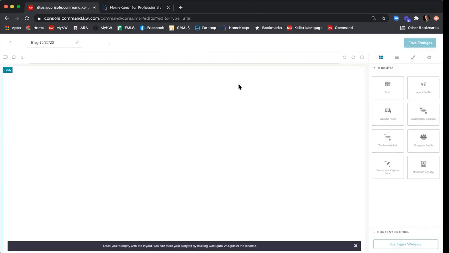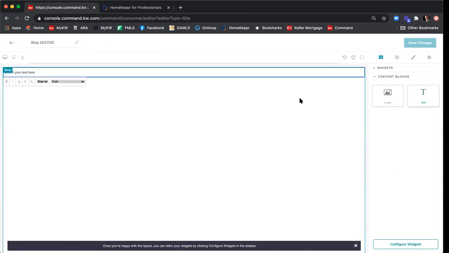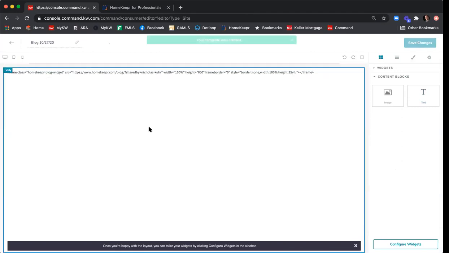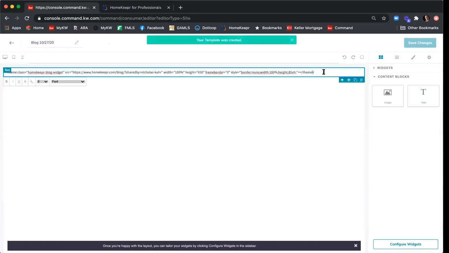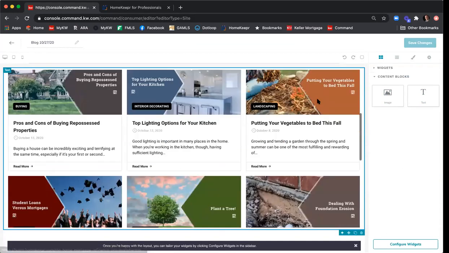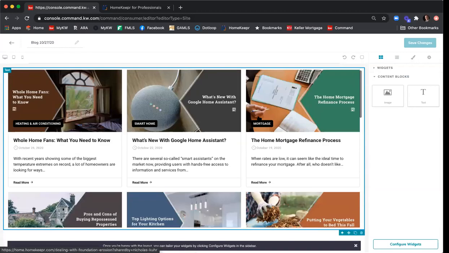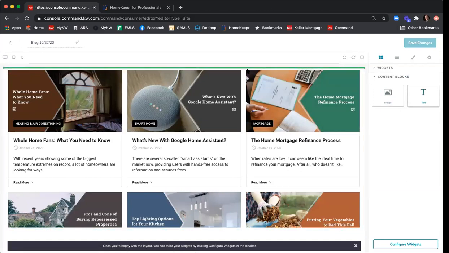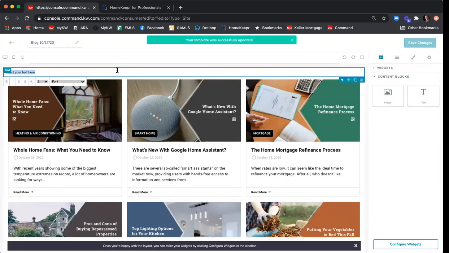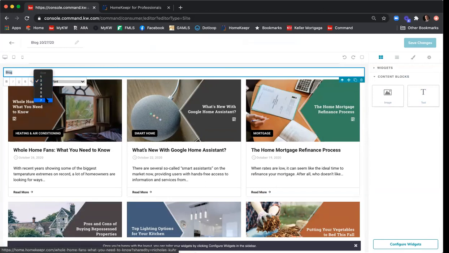And there are two ways that we can add this widget. The first one is if I come down here to content blocks, I can add a text block. And then I can paste in that iframe widget and just double click on it. And then you'll see it automatically pulls in that widget, which is great and it looks really nice, but I'd have to add another text block up here and then type in blog, go through the process of editing all this,